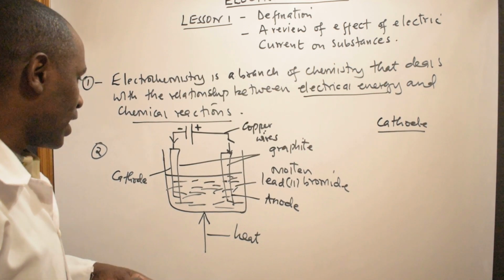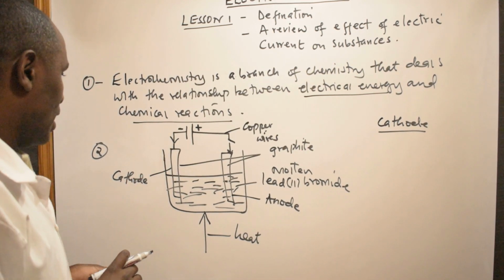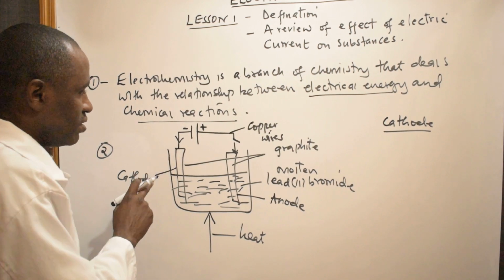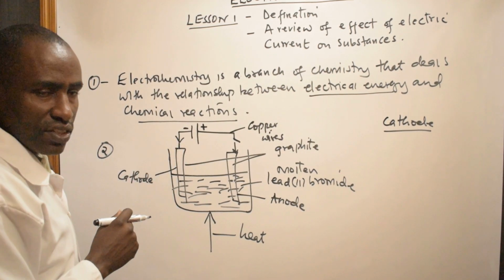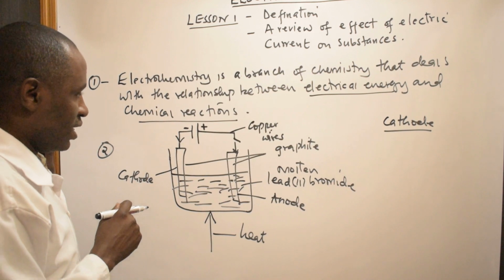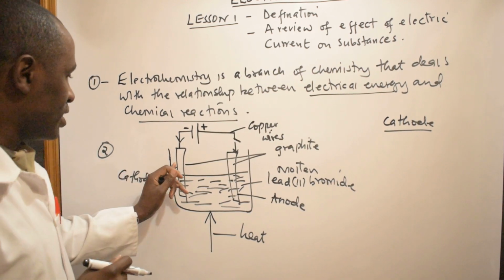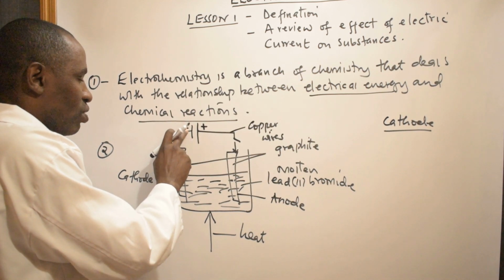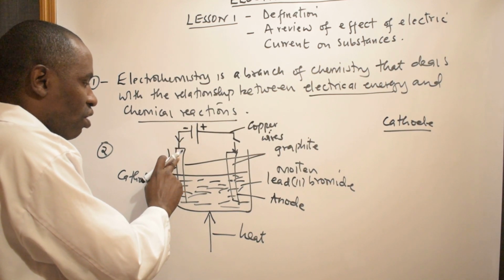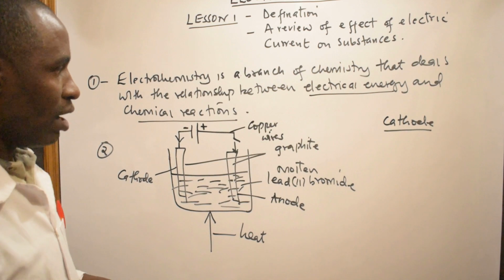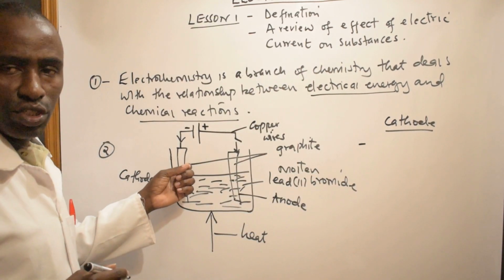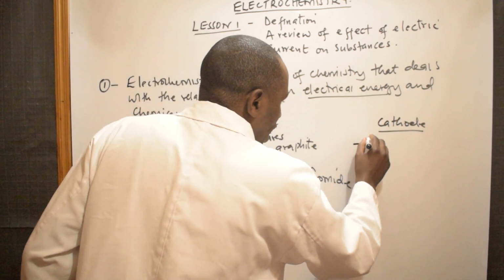And let's see what really happens at the cathode. Now, I've just mentioned the cathode here. One, it is negatively charged because it is connected to the negative terminal of the battery. Number two, this cathode has an excess of electrons that are coming from the negative terminal of the battery. So what happens here, the cathode being negatively charged, it attracts